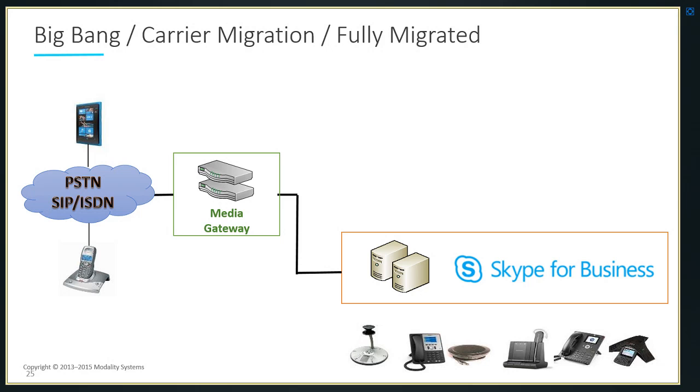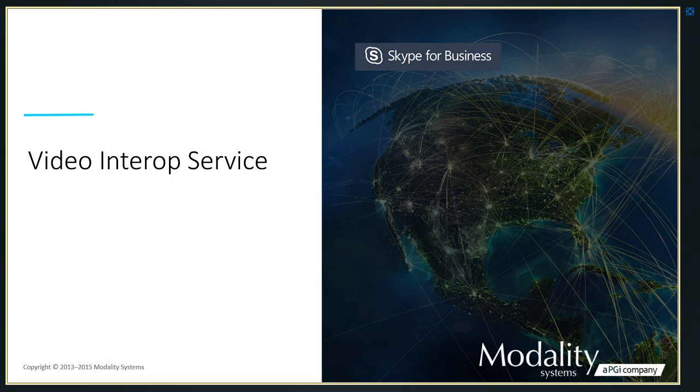What we find is the interop between the Skype for Business server estate and PBX absolutely works fine, but from experience it causes end user problems sometimes, especially if they've got old telephones on the desk still and they're not really sure what to pick up and where the call's going to present into. So as soon as you can fully migrate and get your calls coming direct from the media gateway with no PBX, that is the right solution, the right way to go.